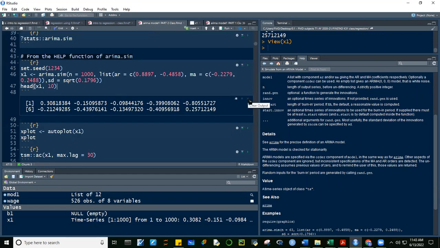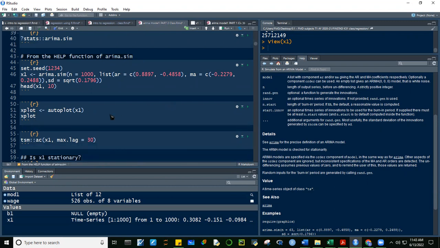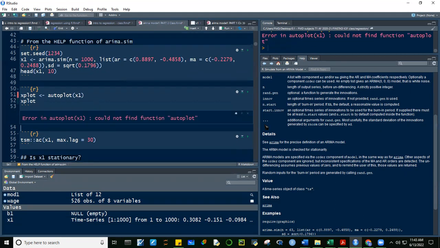Okay, so, all right, i-plot natin, guys. Okay, let's call the object xplot. I-auto-plot natin si x1. Mag-skip na ako dito. Oops.